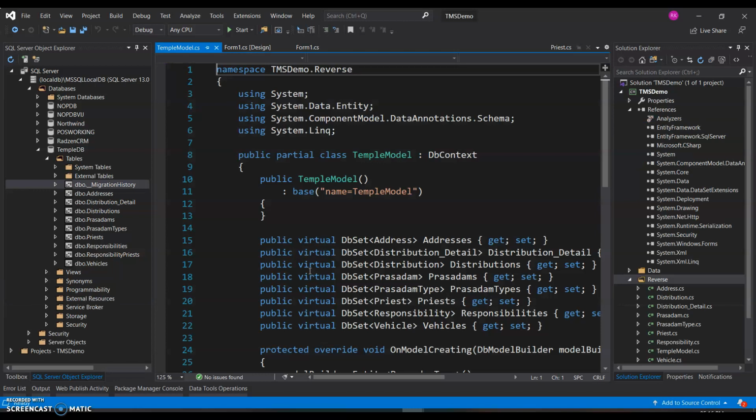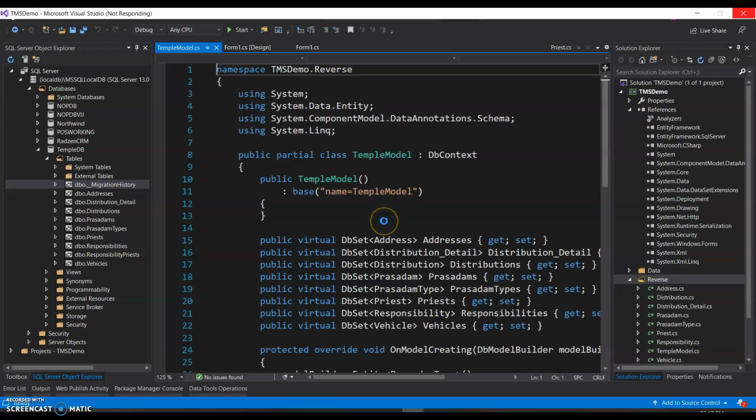So it will go ahead and examine all the tables, and it will generate all the things which we generated from a code first approach. So we'll just wait for it to finish what it's doing.